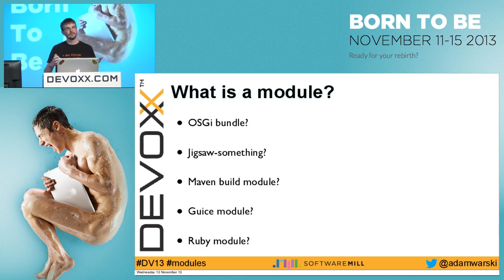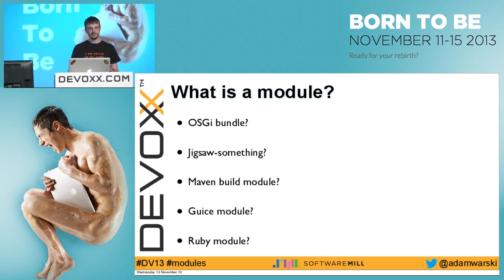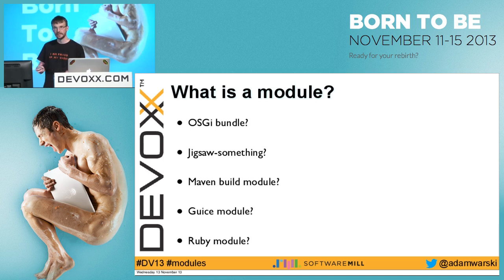Or maybe a module is a Maven build module, right? So in Maven you can have multiple sub-projects or modules, right? Which can depend on each other. Same in SBT or in Gradle. So these are kind of modules as well. In Guice, the dependency injection framework, we also have modules. So the modules in Guice are a bit different, right? In a module in Guice, you specify which class implements which interface, right? So you specify the bindings, which are then used to instantiate the objects and to actually do the dependency injection. And that's called a module as well.